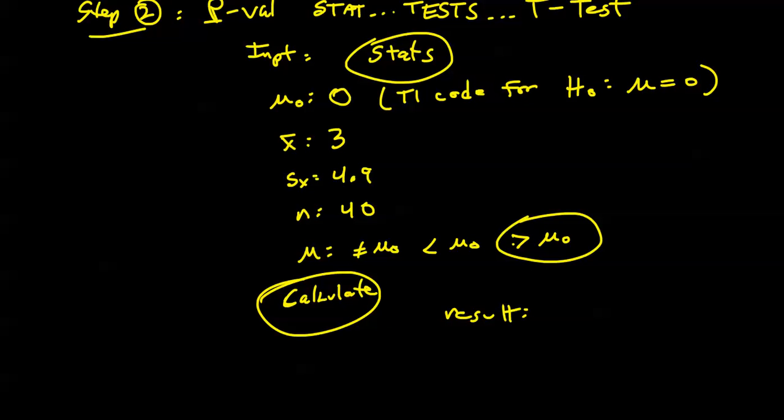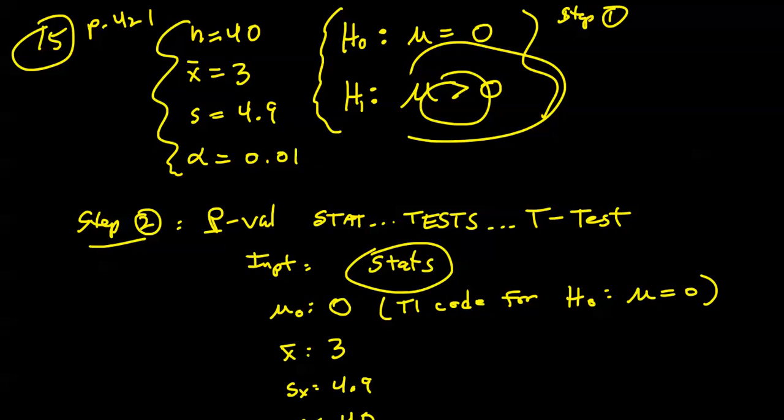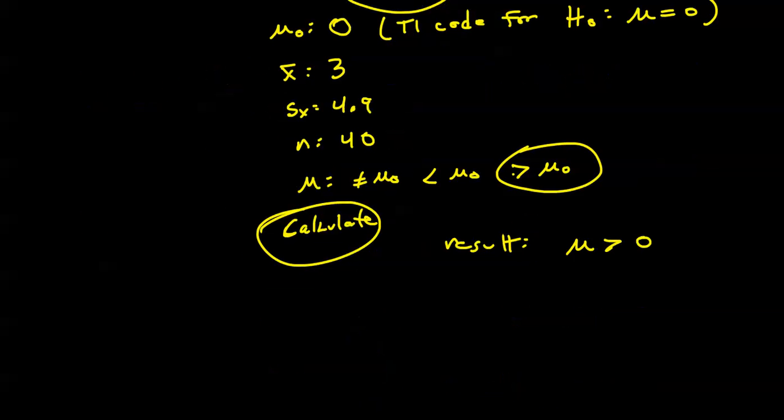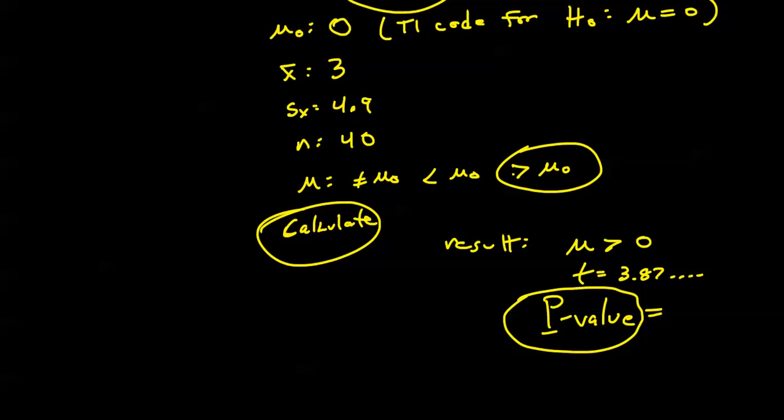Alright. The result, well, the first line is really a reminder of your alternative hypothesis, and you will agree that this was our alternative hypothesis. Mu is greater than 0. The calculator also returns the t-score of our sample data, but again, we're not going to use that directly. The computer uses the t-value to compute the p-value. Again, I wish this was a little more bold in the output screen. The p-value here is